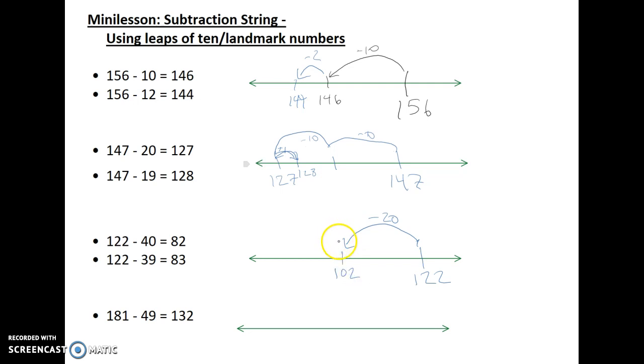102, and then let's say subtract another 20. I don't know if they would do that. However, they get to 82 as their answer. Let them talk through that. This one you might spend a few minutes actually working on, but then the same way you're going to jump